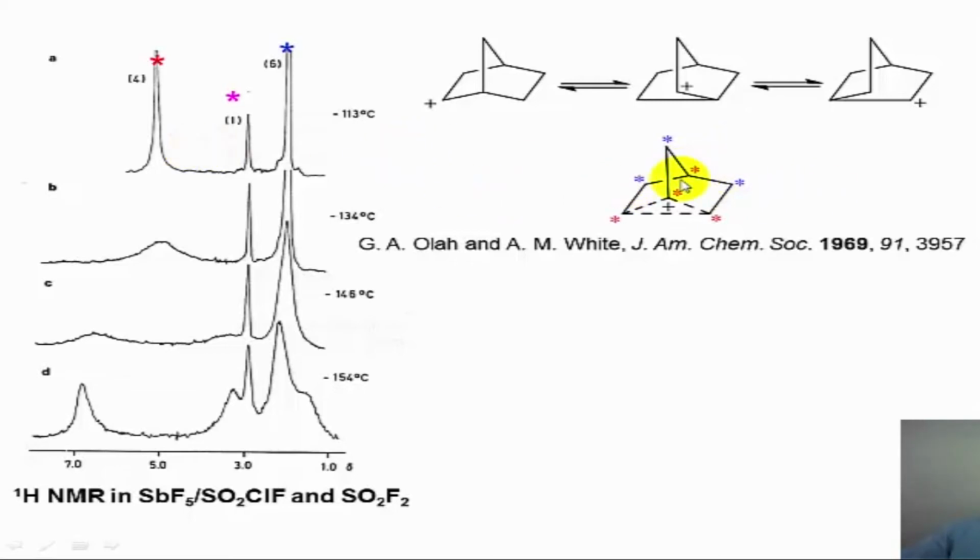Finally, this particular hydrogen, which is the methine hydrogen, which is chemically different, is also seen separately as a separate signal. So there are 3 types of hydrogens in this molecule under the conditions of rapidly undergoing interconversion. However, when the rearrangement is considerably slowed down, the molecule is an asymmetric molecule, a chiral molecule, and as a result of that, each one of the hydrogens is different. So you essentially see a complicated second order kind of pattern, which is not easy to assign for any of these structures straight away.